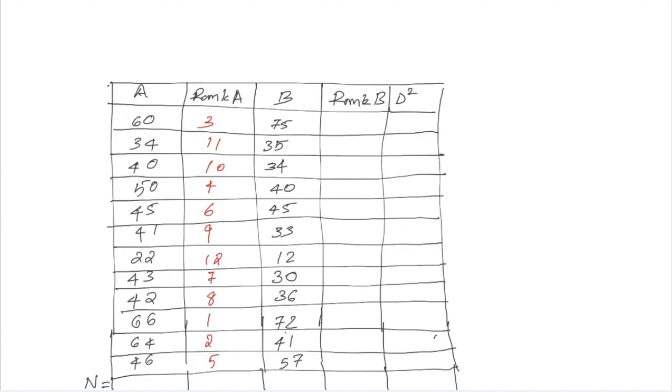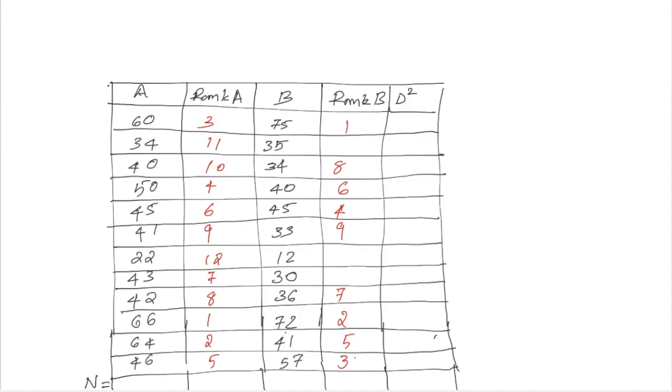Similarly, we will also give ranks to the values of B. We will start from the highest value, which is 75, and give 1 here. Then we will give 2 to 72, then 3 to 57, 4 will be 45, 5 will be 41, 6 will be 40, 7 will be 36, isn't it? 8 will be 34, 9 will be 33, 10 will be